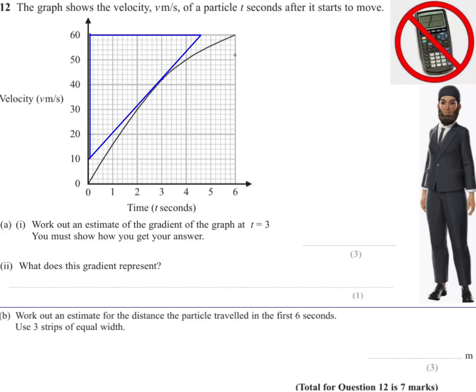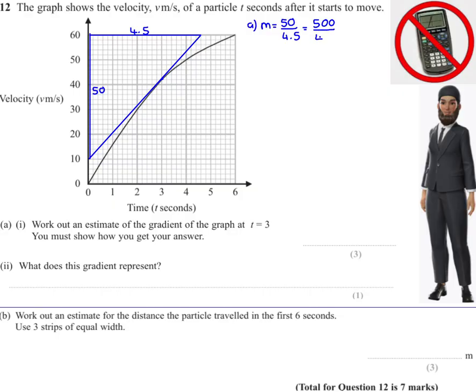Let's work it out. For part A, the gradient is equal to 60 take away 10, which is going to give you 50, and then 4.5 take away 0 is 4.5. So let's write that in. The difference of the y over the difference of the x is going to be a positive gradient, sliding from the left going upwards, so 50 over 4.5, which is the same as doing 500